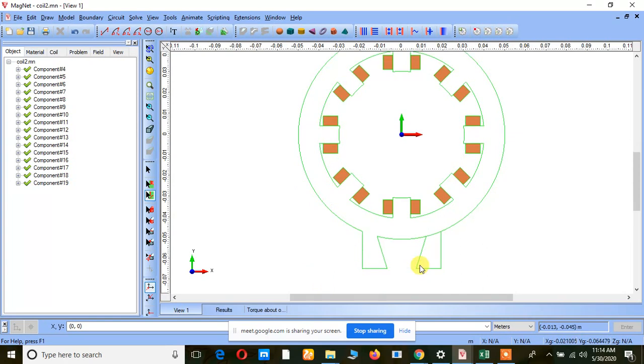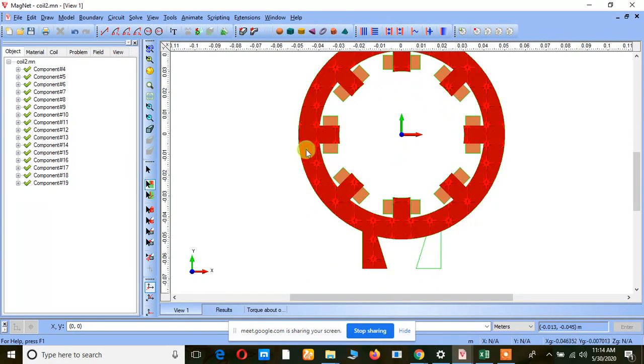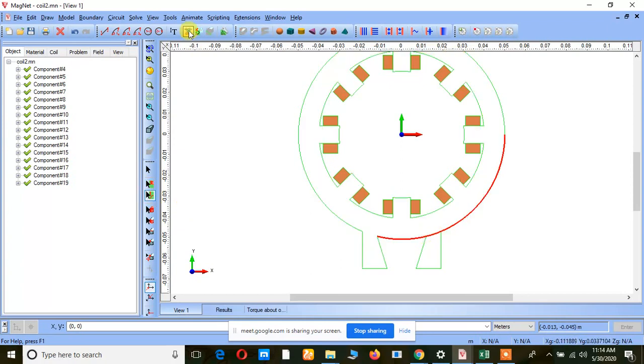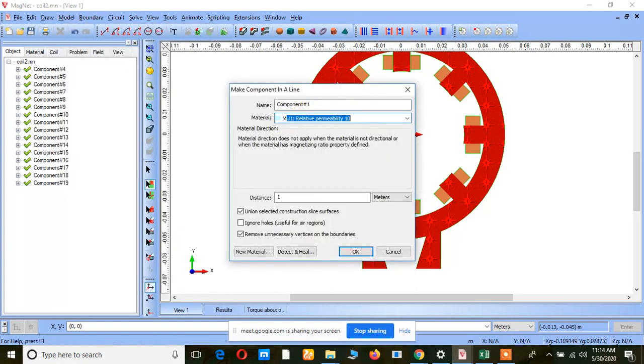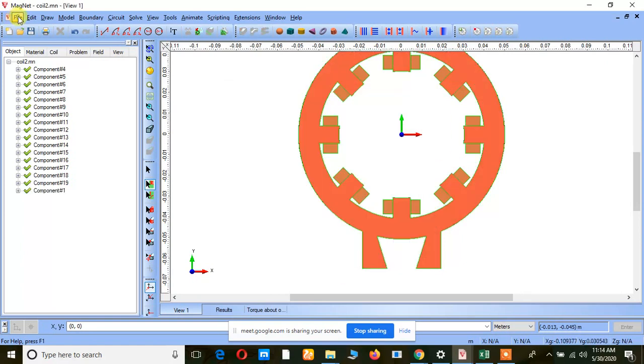So we can go for any type of base design, right? Not only like this, we can give any type of base design. So after doing this, I am just selecting. See, one line is here, that is indicated. So just delete this line. After deleting this line, I just keep it as a different material. So the stack length here is 60. So now I am going to save this file.